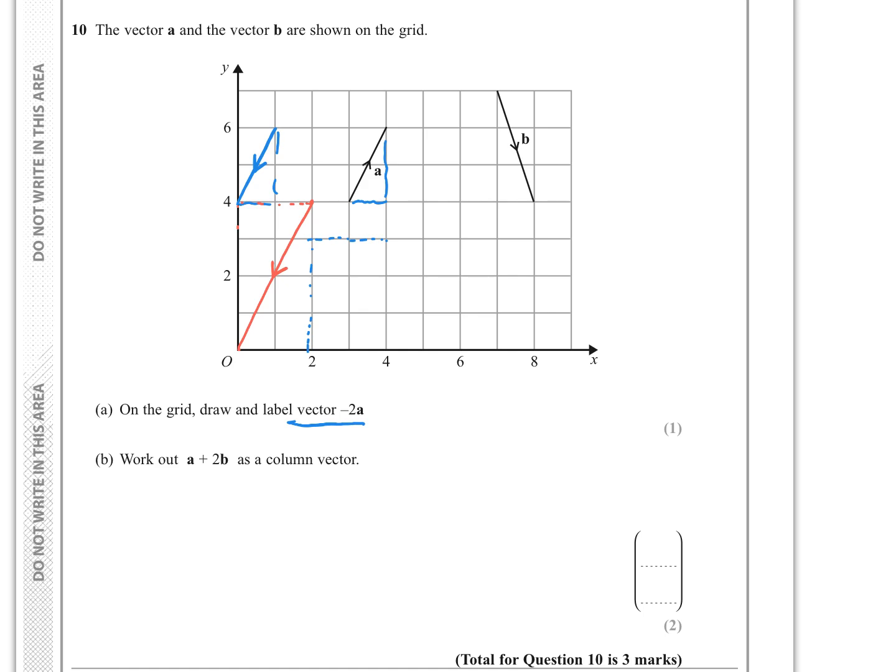We've now got to work out a plus 2b as a column vector. Well, a tells us to always go along 1 and up 2, and b tells us to go along 1 and down 3. So a plus 2b